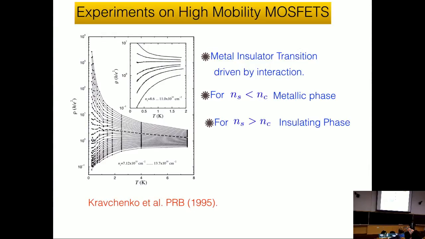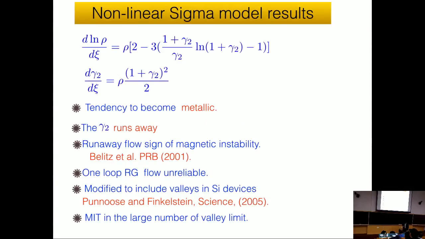Okay, so this was a huge surprise, and it was a huge surprise because earlier on people had looked at field theories that would essentially include the effect of electron-electron interactions in a nonlinear sigma model sort of framework. This nonlinear sigma model framework essentially tells you how the soft modes in the system, or the diffusion modes, essentially